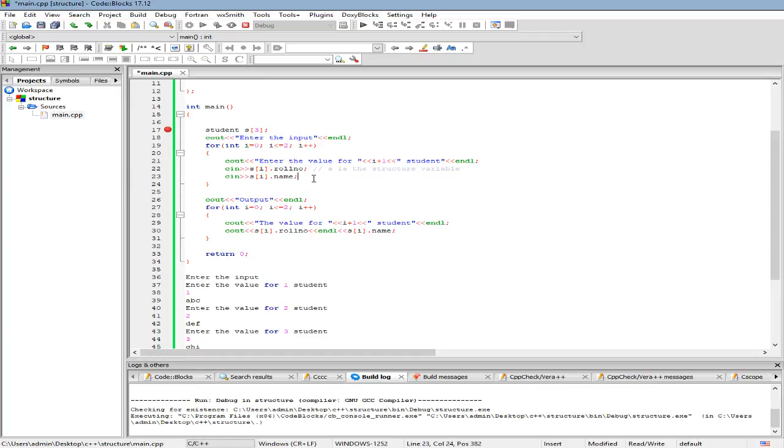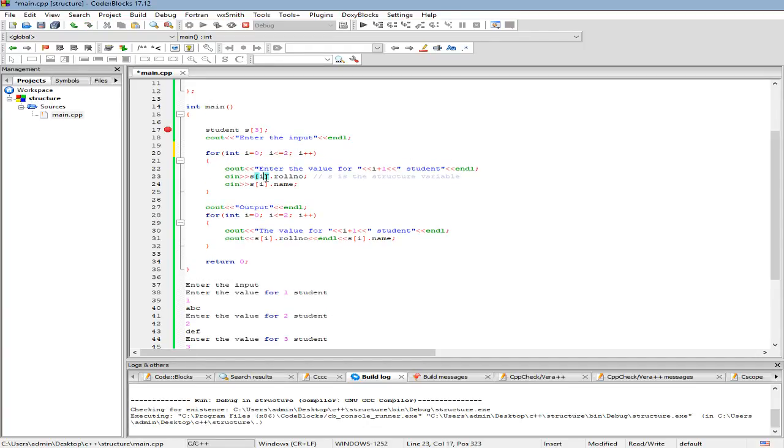So this is for getting the value during the runtime for the structure variable as an array. Here, if you see, we have used a for loop clearly to get the value. And if your doubt is about the previous example, used inside the structure,